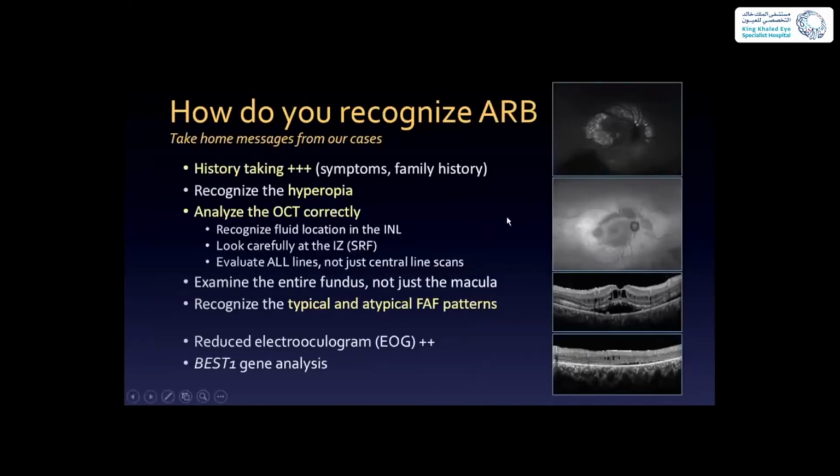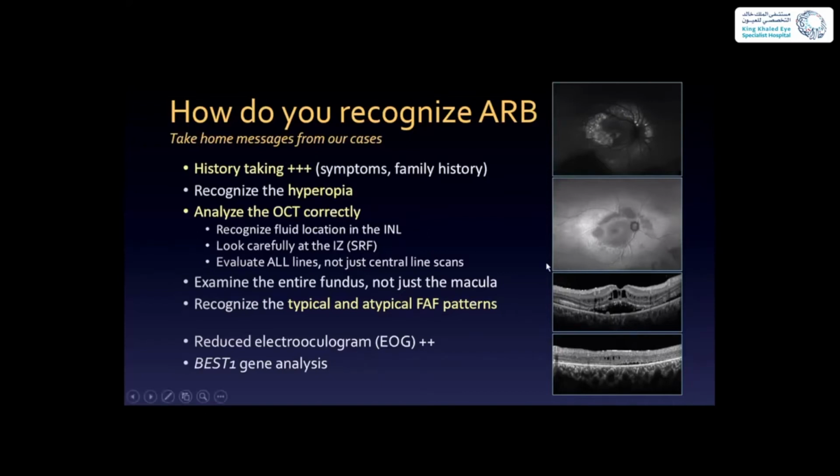How do you recognize it? Well, I just went over what is needed. You need to take a good history. It's very important to recognize the hyperopia. Most patients will come in wearing these hyperopic glasses, so it's important to pay attention to that. It is important to analyze the OCT correctly, recognize that the fluid is in the inner nuclear layer, look carefully at the interdigitation zone, looking for subretinal fluid, and please evaluate all lines of the OCT and not just the central line. And of course, you must evaluate the entire fundus and the entire patient and ask a proper history,